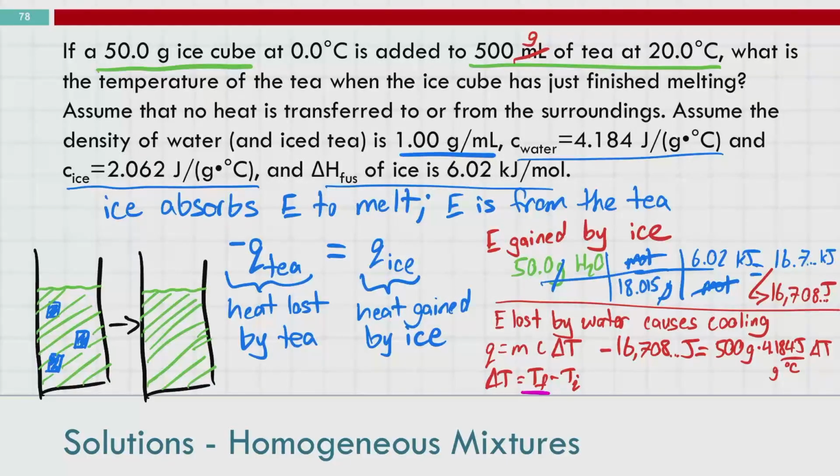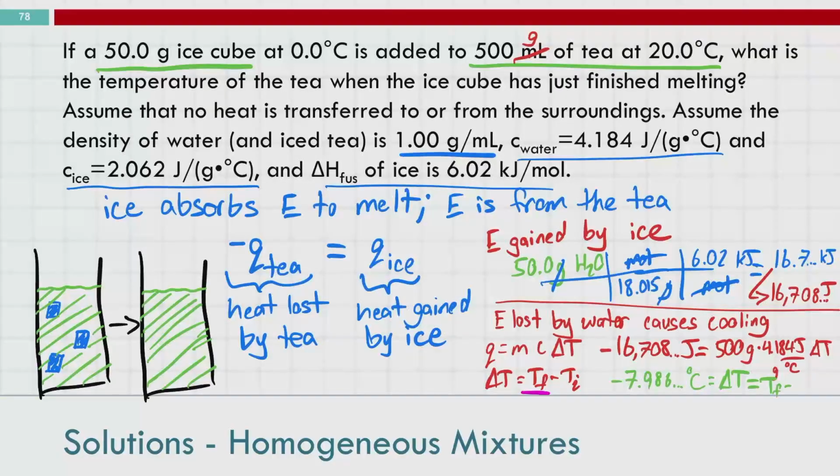And I'm not going to talk through the whole thing. Maybe I will. So we're going to take our joules, we're going to divide it by 500. We're also going to divide it by the C value, 4.184. And we get negative 7.986 dot, dot, dot. This is going to have units of degrees Celsius equals our delta T,